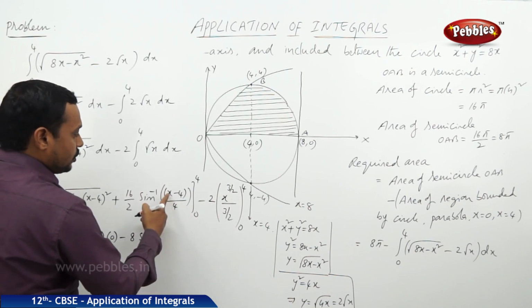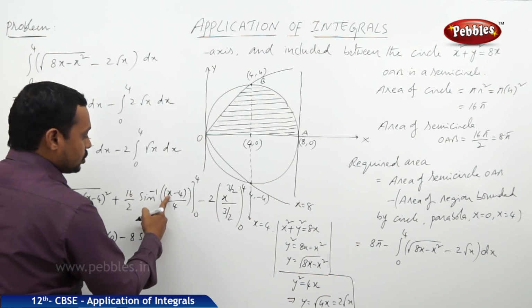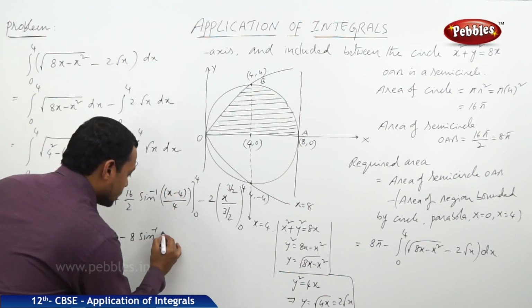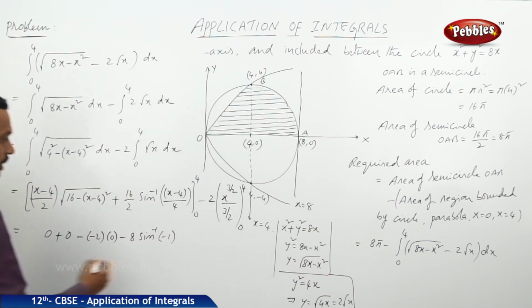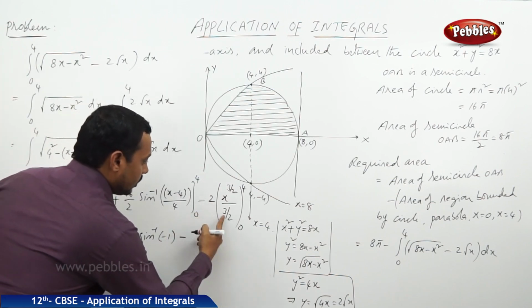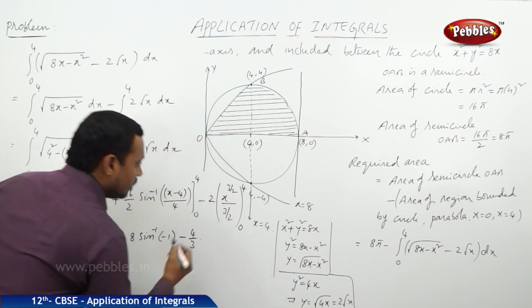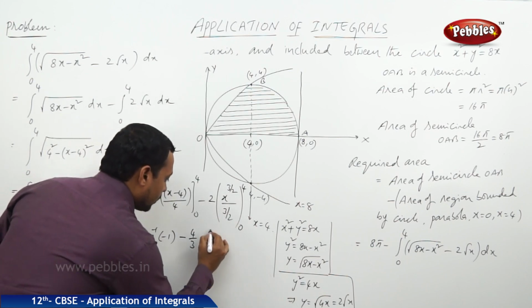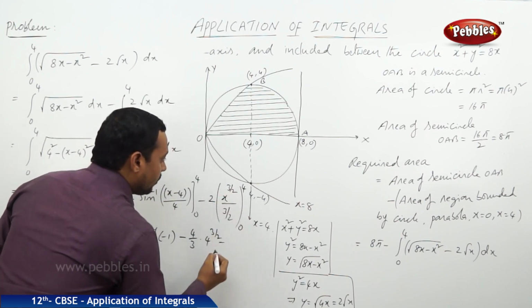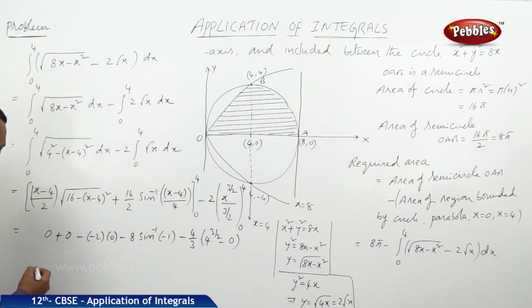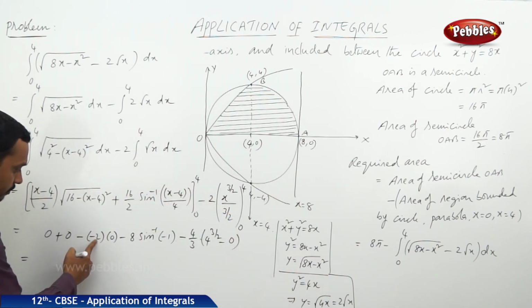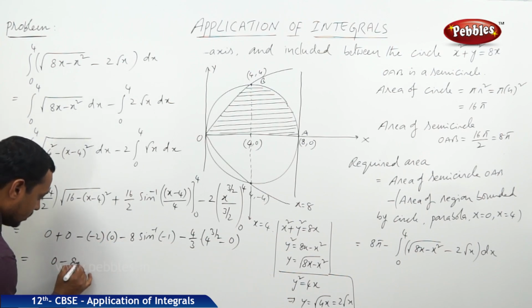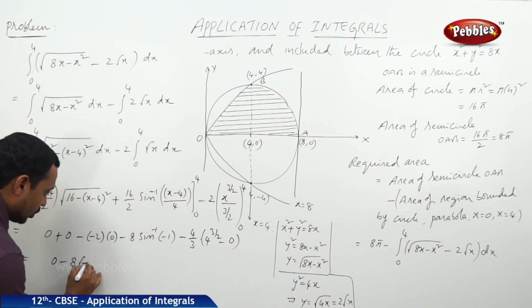put x is equal to 0 here. When we substitute x is equal to 0, it is (0 minus 4)/4, that is equal to minus 1. Minus, it is 2 by 3 by 2, that is 4 by 3 into x power 3 by 2. Substitute the upper limit, 4 power 3 by 2 minus 0 power 3 by 2, of course that is 0. Now this is minus of minus 2 plus 2 into 0, this total part would be 0, it is minus 8 into sin inverse of minus 1, which is equal to minus pi by 2